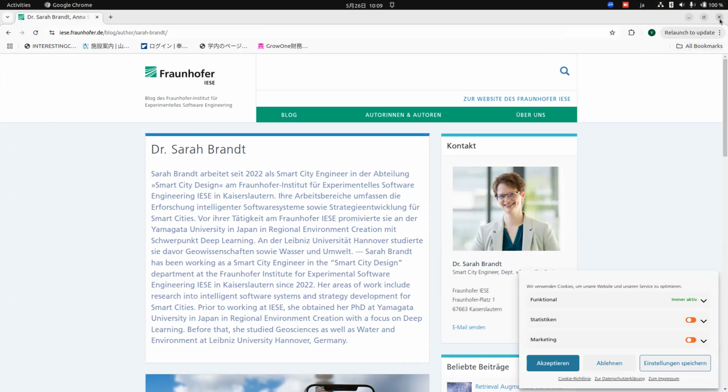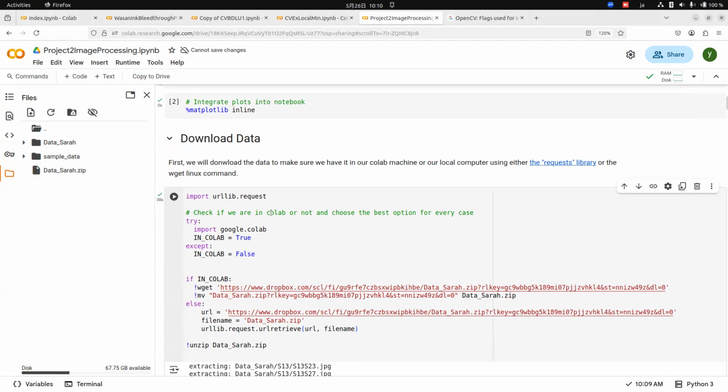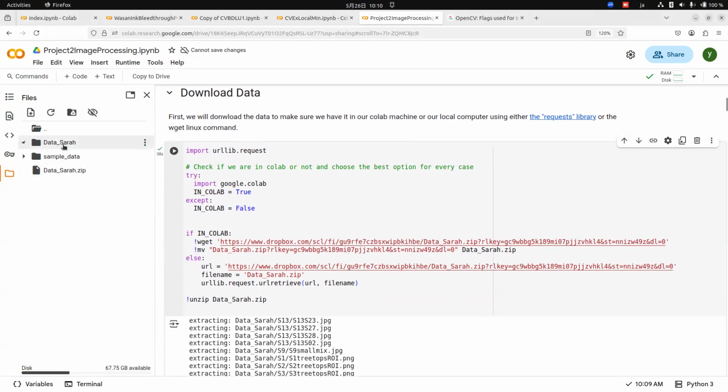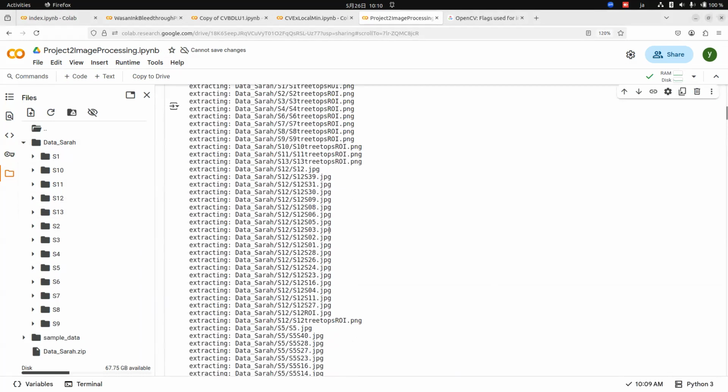And one of the things that she did was prepare this data that you're going to be using for this project. So this is research level data, a challenging one, and that will also give you an idea of the necessities of working with this type of data, the importance of annotations, the difficulties of annotation, and so on. This data Sarah is downloaded as a zip file and then uncompressed in this cell. You don't have to worry about any of that. But that's the structure that it has. It's one folder called Data Sarah, and then it has 13 subfolders, one for each data collection site. Okay, all of this is extracted here,